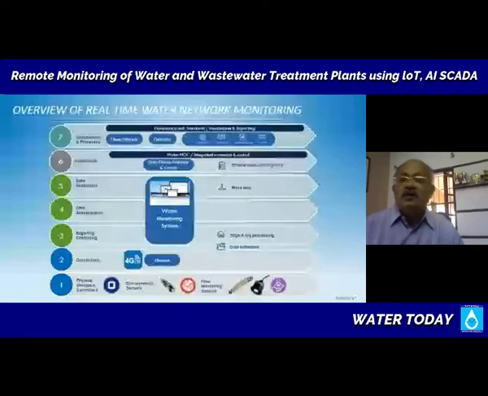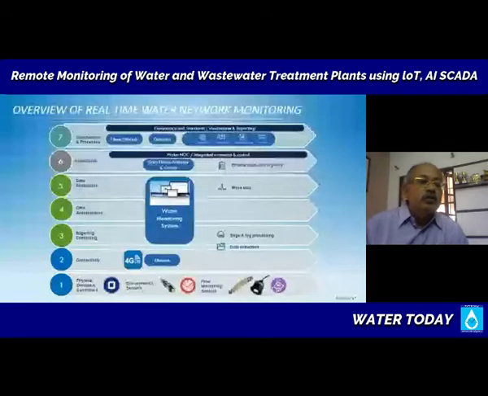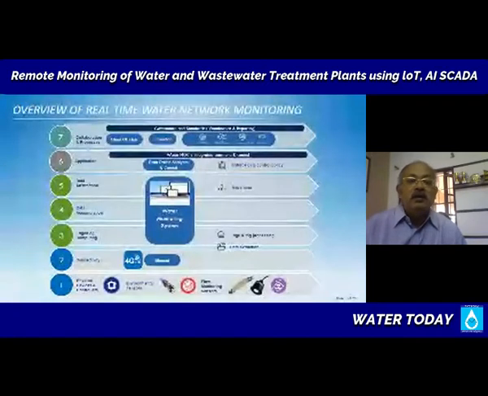So communication systems and connectivity give us a big advantage when it comes to water management or infrastructure management, world over, and also in our country. Then you come to the computing systems, where basically there is signal conditioning and you receive the data and say that I'm having so many MLDs of water flow, or how many bars of pressure you have in the system. Get that data read into a computer environment, and